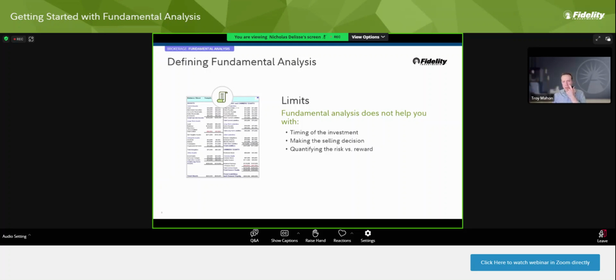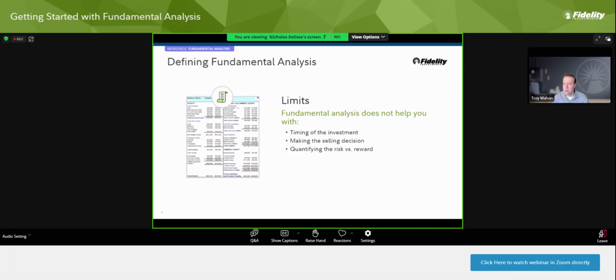Yeah, before we move on, Nick, there are general concepts I think we want to keep in mind. With fundamental analysis, we're trying to understand the company itself more. And the company can sometimes be different than the stock. The company is the company itself, the stock is the stock's price. Whereas with technical analysis, we're trying to understand the chart and the patterns. Both goals, I think, are the same. It's the methods that are different.